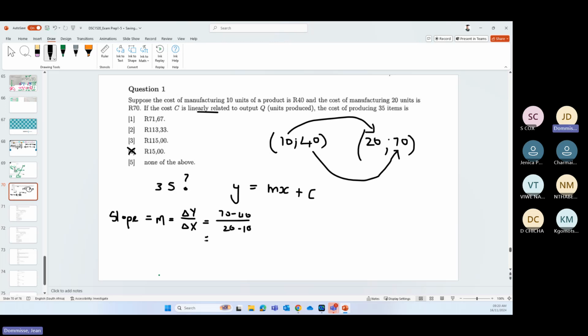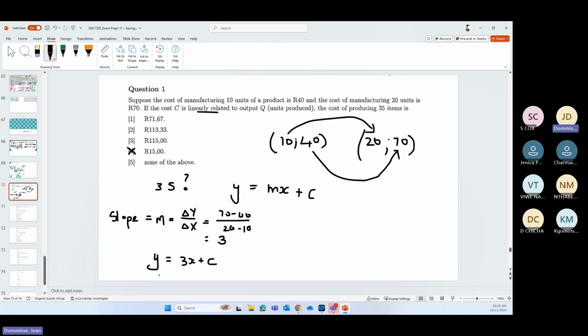Okay, so we have the slope as 50 divided by 10. So 50 divided by 10 is 5. So we have 5x plus c. Okay, so if we put in 35 now,